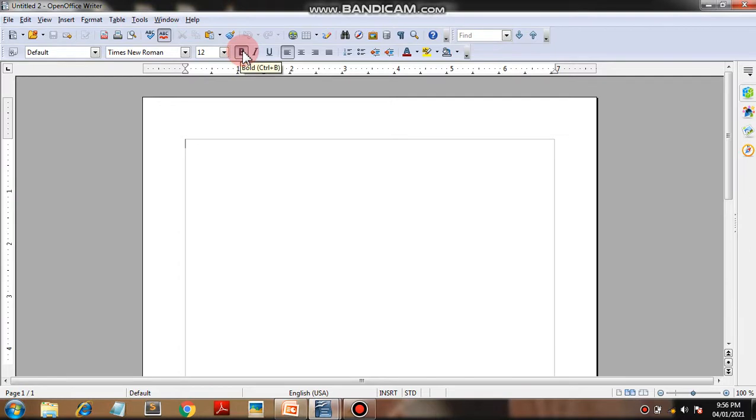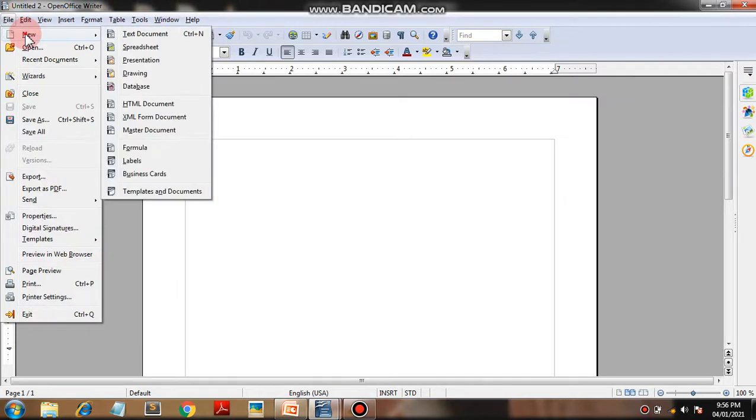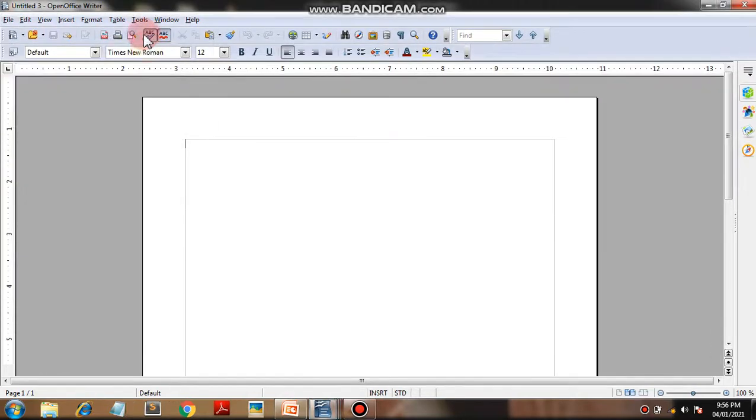First, create a new file. So go to the File menu. First of all, if you open OpenOffice.org Writer, then first open a new file. Then go to the File menu, then go to New, and then go to Text Document. See, there is a file, a new file opened. There is an existing file already available, which is Untitled 3. The file name is Untitled 3.